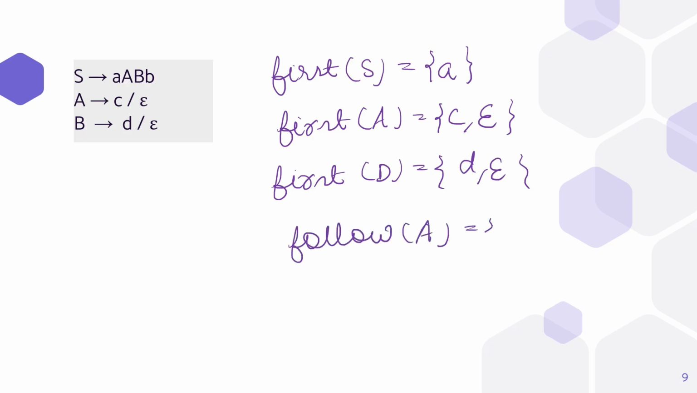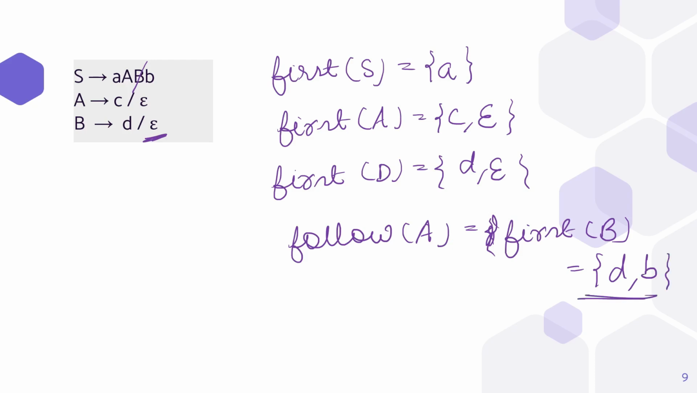follow of A. What is the follow of A? Follow of A is first of B. First of B is D, and we would strike out epsilon because it has epsilon here. Now, what is the follow of B? The follow of B is small b. So follow of A is d, b. Similarly, follow of B is